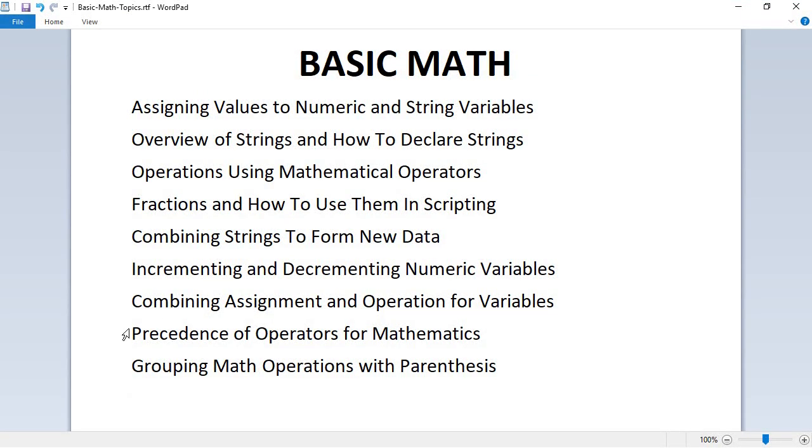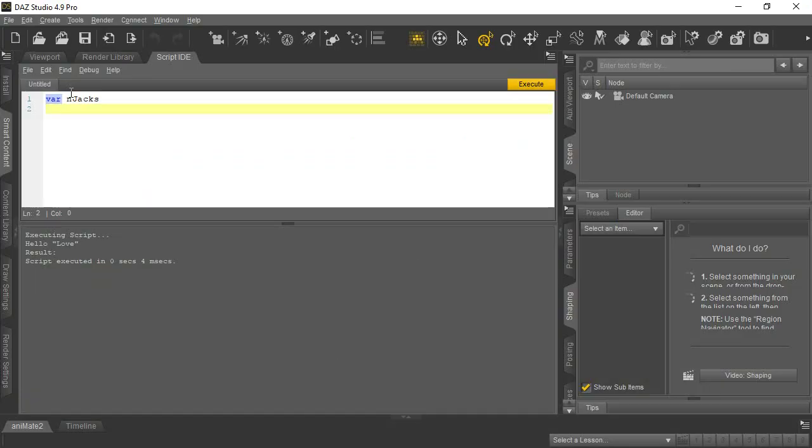And the next thing we're going to move on to is some of the operations for mathematical operators, like the plus, the minus, the divide, and the multiply. So we'll go back to our njax example. We've declared the variable njax. And what we're going to do is show you that you can actually